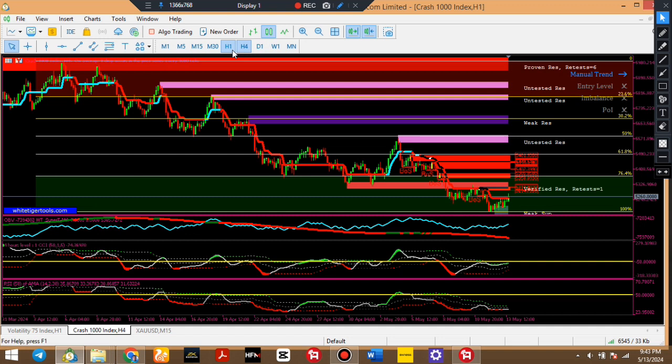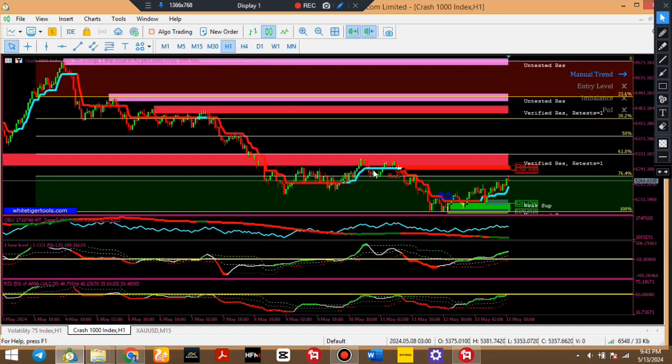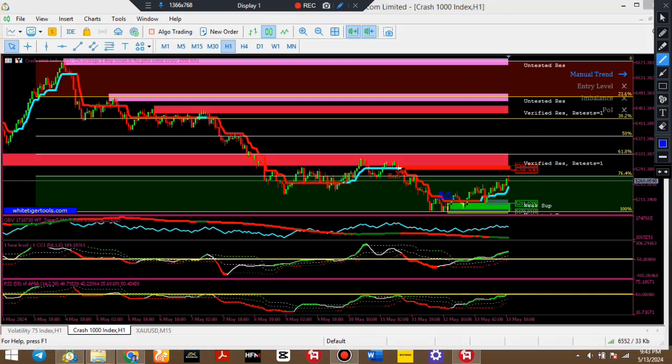As at yesterday, I noticed there was a BOS. Now let me show you where I took that trade from. I noticed there was a BOS, break of structure towards the up, right? Immediately price came into that zone. This is a buy zone. Already my fib has given me the information that hey, price has gotten to an area where it's going to reverse. That is why my fib was facing 100 facing up like this. So telling me we are expecting price to do a kind of pullback.